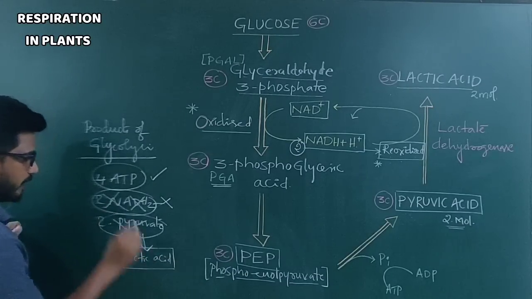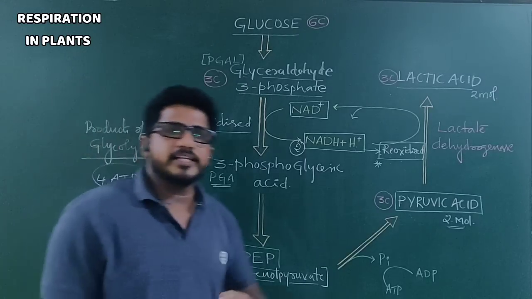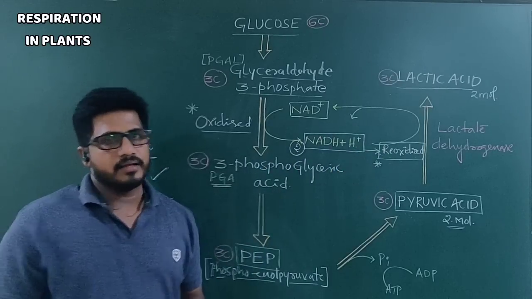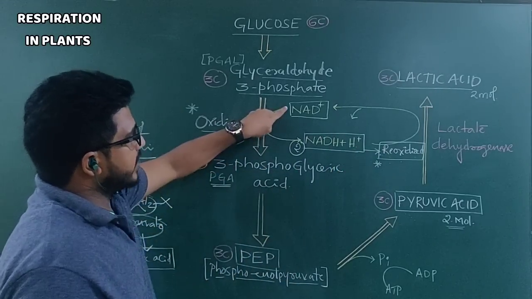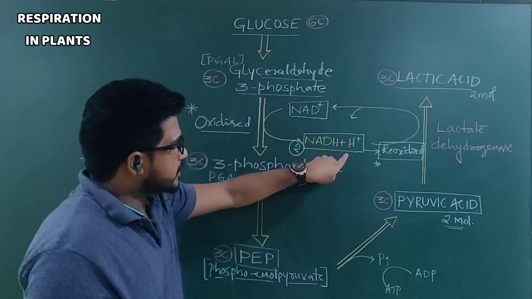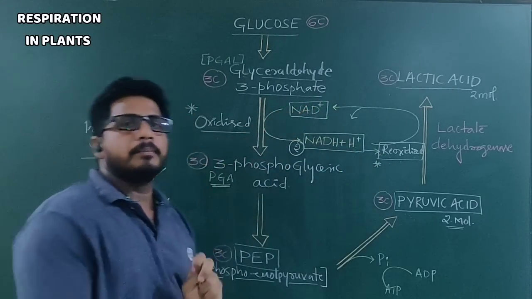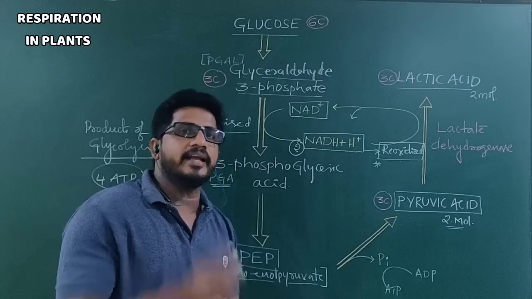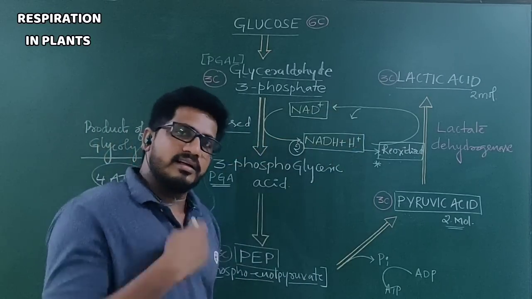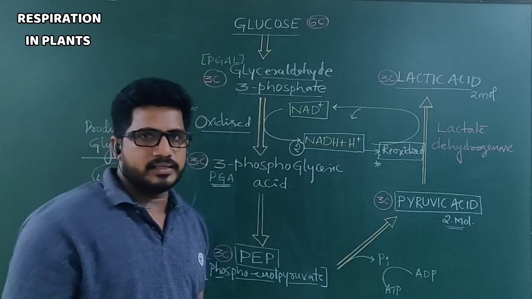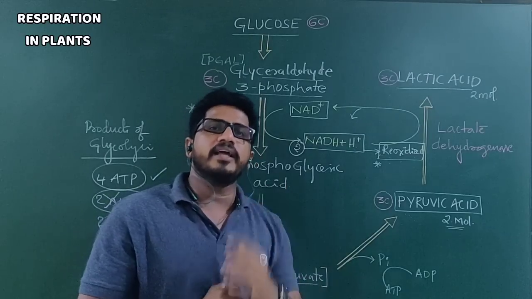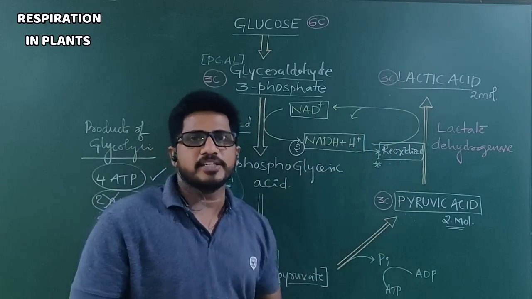So, while forming lactic acid, 2 NADH2s are utilized in the process of reoxidizing. Oxidation reaction means NAD becomes NADH2. Reoxidizing reaction means NADH2 becomes NAD. So complete NADH2 consumption can be seen in anaerobic respiration, either in the formation of lactic acid or ethyl alcohol. After some time I will discuss ethyl alcohol production. So this is not fermentation. This is only anaerobic respiration, that is, formation of lactic acid.